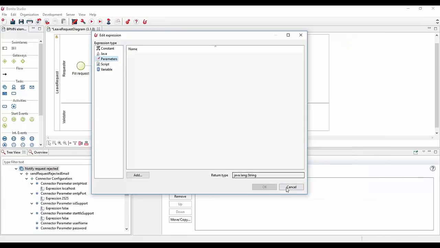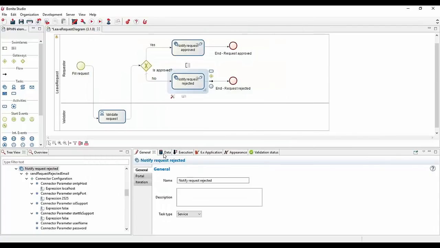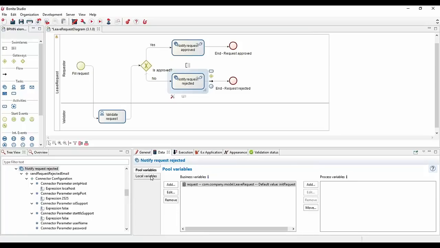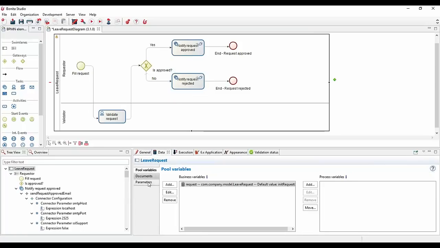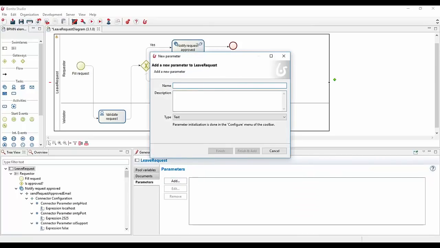For the parameter, it's really important to see that for a process, you can have parameters in the data. So if I select my process, I can go to parameters and add a parameter on it. So let's say here you're working on the email. You want to have a parameter for the IP or the host name, because let's say you notify by email a lot of different times in the process. You don't want to edit that or to have a new version of the process. You want to use parameters.